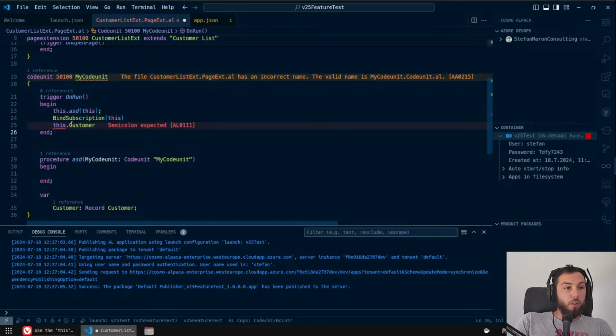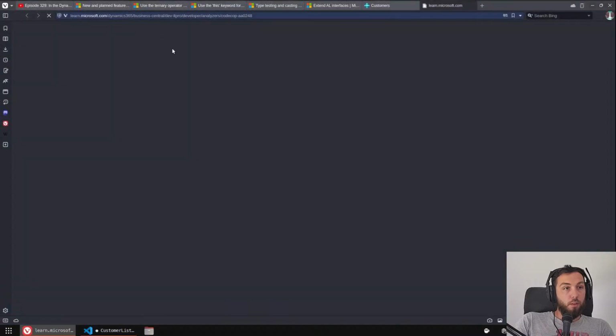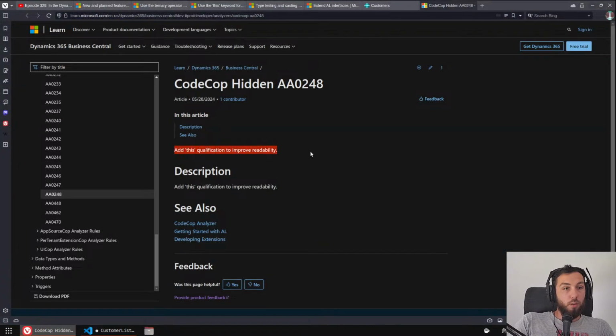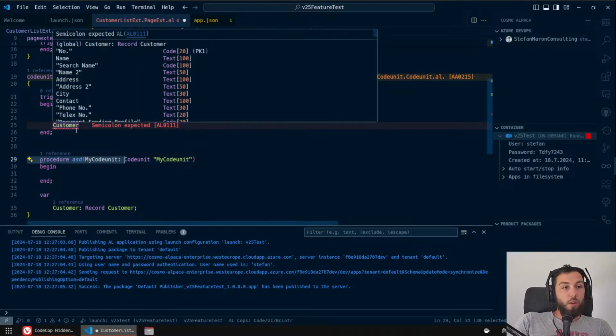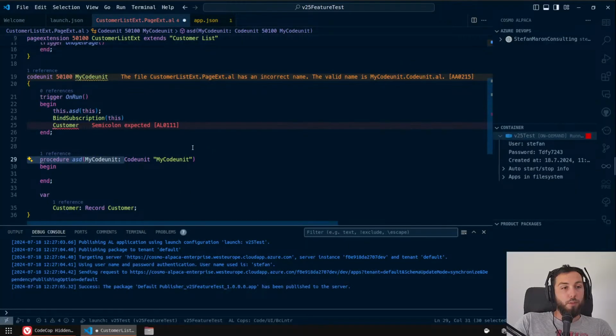And I think there is a warning. There is this. Let's see. It's a hidden thing. I'm not sure if this is going to be changed to info warning, but I personally think I'm going to put it as an error actually in my rule set. That way I won't be able to compile if I forget to put this as soon as I hit 25 with my apps. And then it behaves the same way like